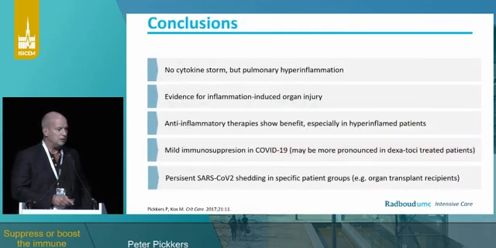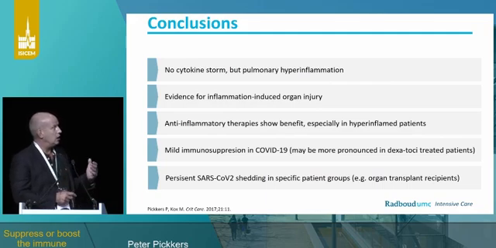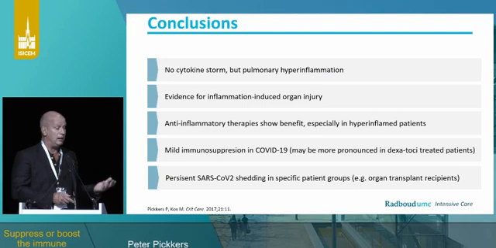So my main key points are that there is no systemic cytokine storm, but there is a local storm in the lungs. Clearly, there is evidence of inflammation-induced injury to the organs. Overall, anti-inflammatory therapies show benefit, but this is more pronounced in hyperinflamed patients, and so immune suppression is mild by